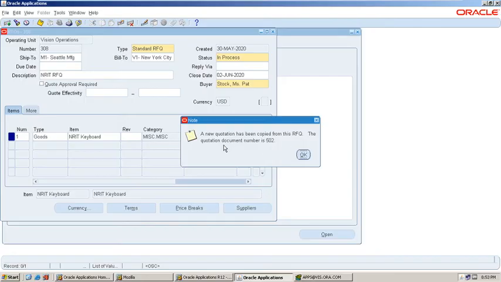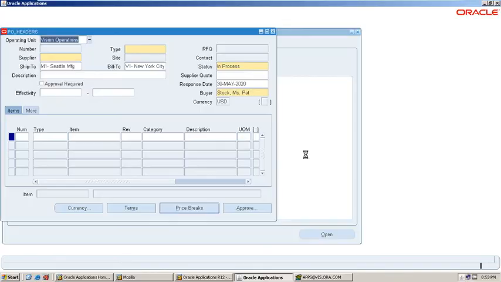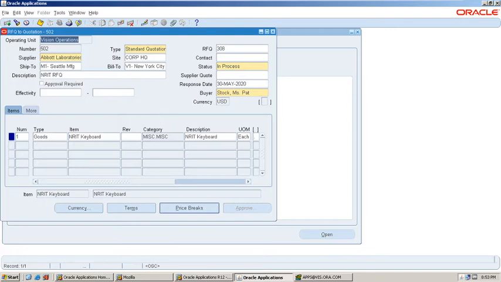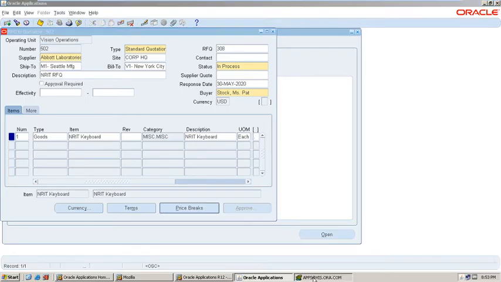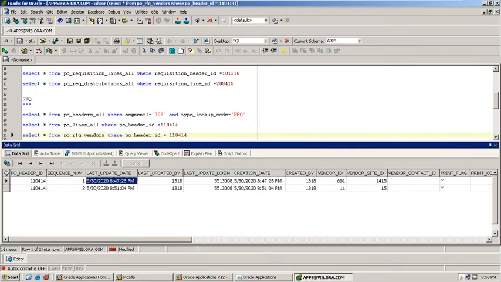Now the quotation has been created successfully. What is the quotation number? 502. Click on OK. Okay, this is the quotation form, and there is one more table.